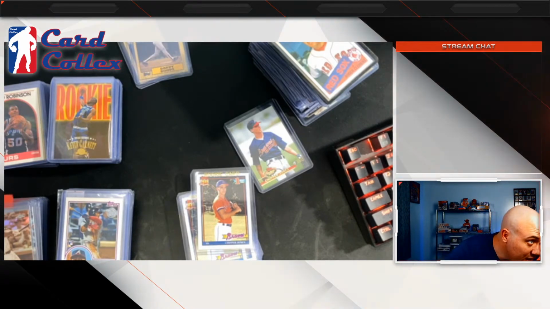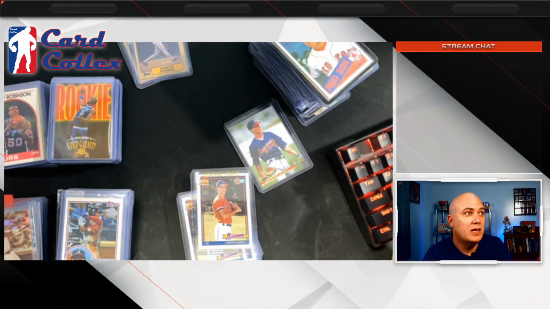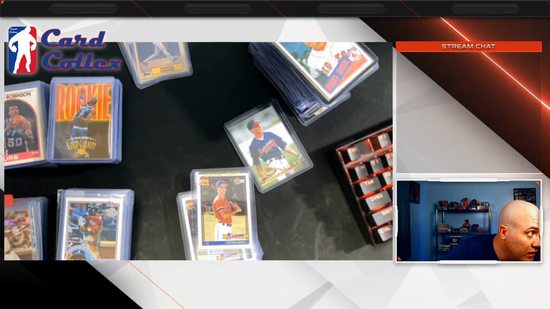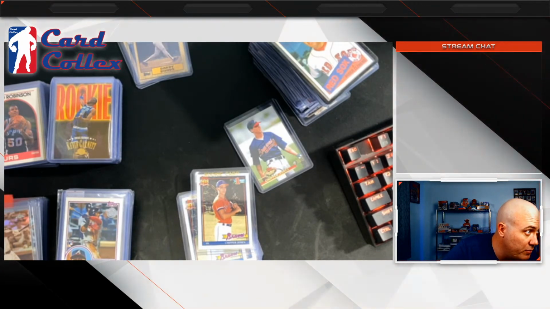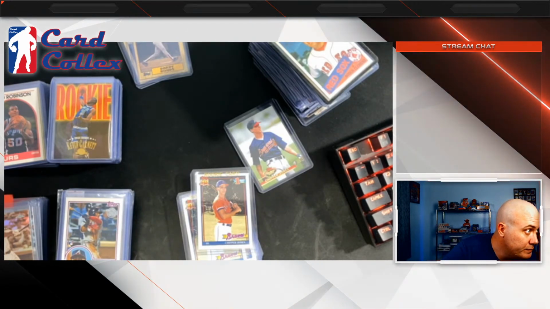RJ Barrett has come out and looked more like what he was supposed to at the beginning of the year, averaging 18 points a game over 2 games, 33% from the 3, 43% field goal shooting.